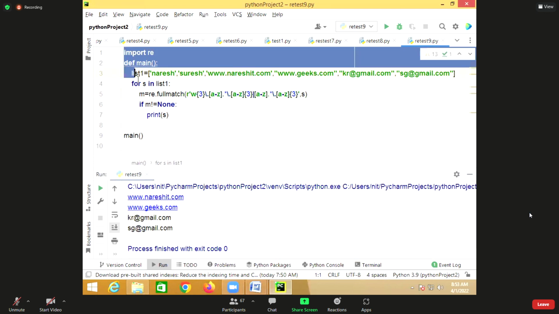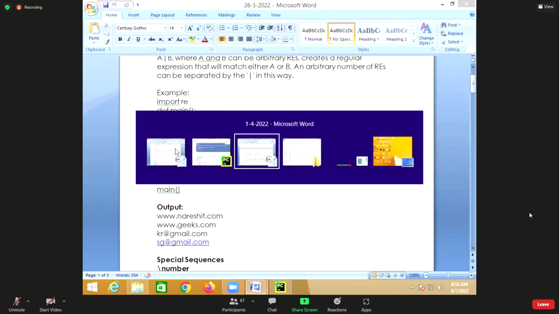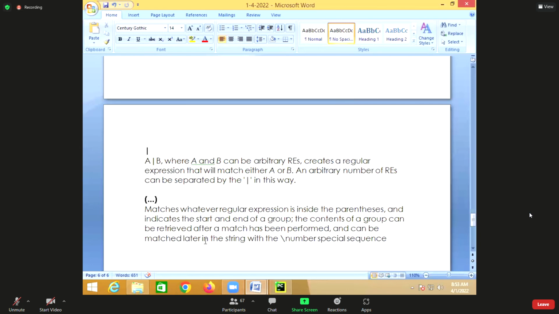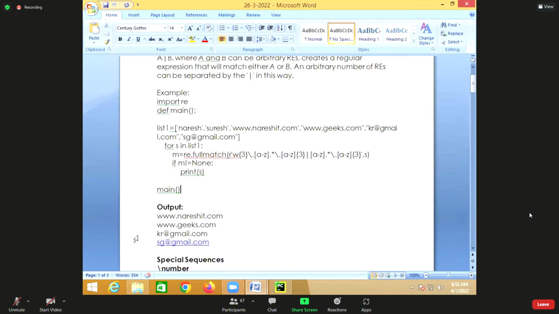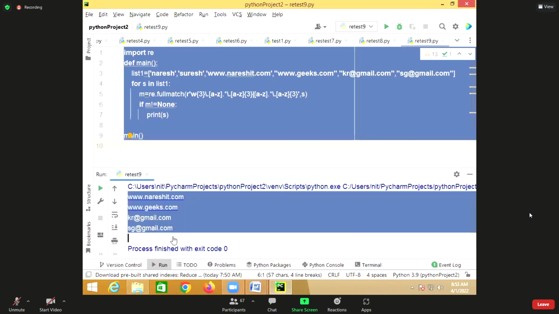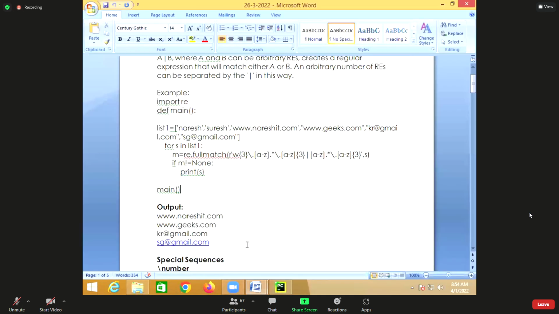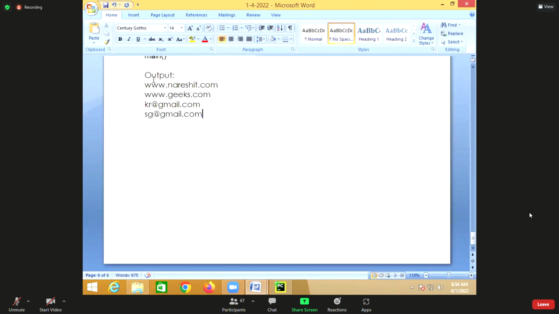Okay, now you can define multiple patterns by separating with what? Or symbol. Multiple patterns can be separated by using the or symbol. So you can define either one pattern or more than one pattern.